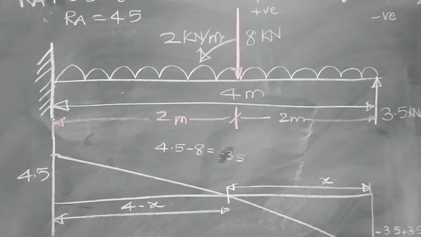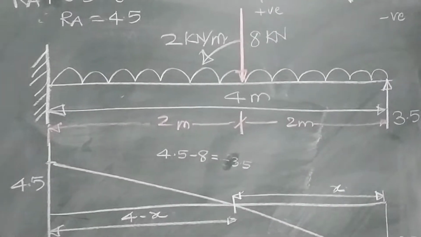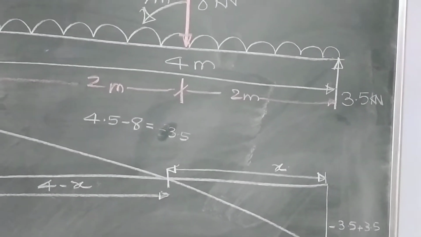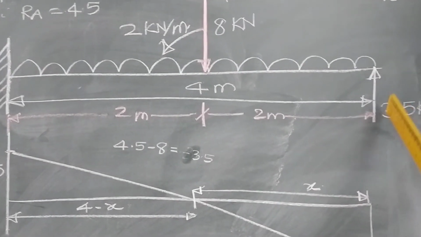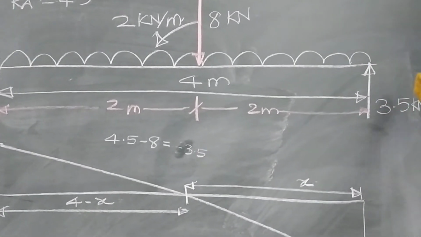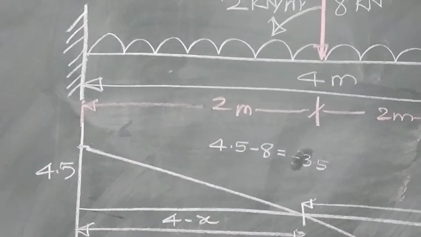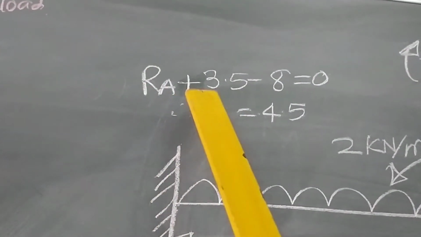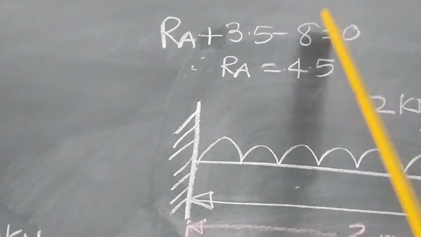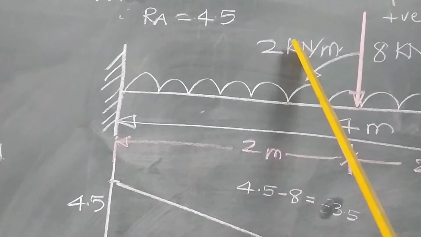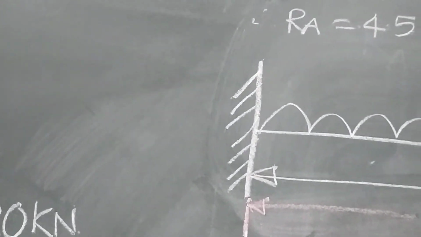Remember, this is not a simply supported beam, this is a cantilever beam, but it is having, this is an MSBTE board problem for MSBTE exam. At free end, there is upward load of 3.5 kilonewton. So let us solve first to find out RA. RA plus 3.5, because our convention is that upward load is positive, minus 8, because UDL 4 into 2 is 8, is equal to 0. Therefore, RA is 4.5.